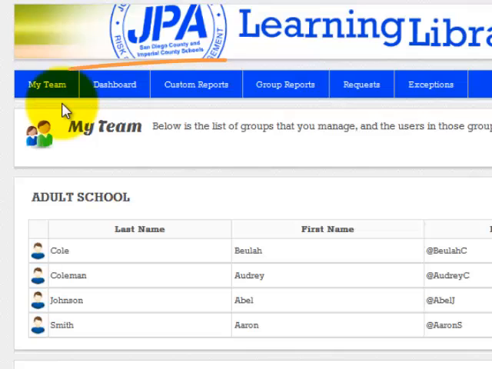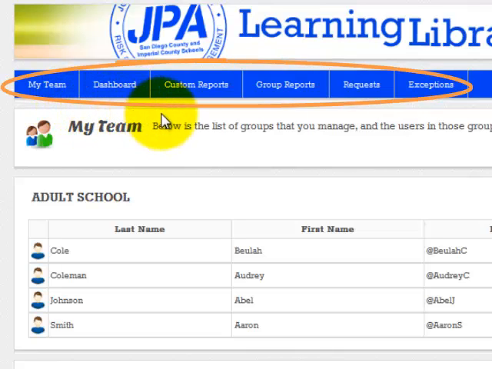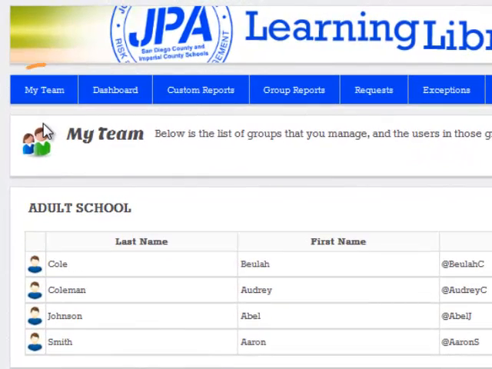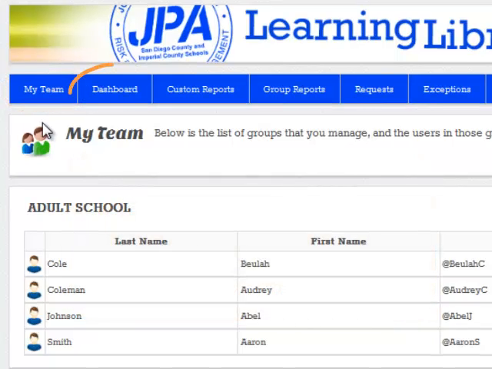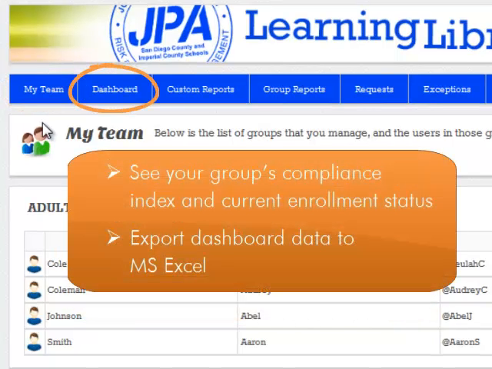When you log into the system, you'll see a navigation bar at the top of the page that takes you to the other pages in the system. The My Team page is where you can add and assign users to groups, enroll users in groups, modify user profiles, and view user transcripts. The Dashboard page is where you can see your group's compliance index and current enrollment status, and export dashboard data